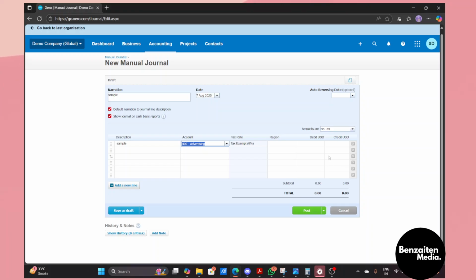Make sure the journal balances; the total debit must equal the total credits here. Add a description for each line to clarify its purpose and choose Save as Draft if you want to review it later, or click on Post to finalize the journal and